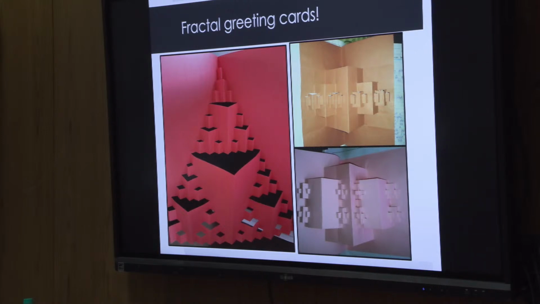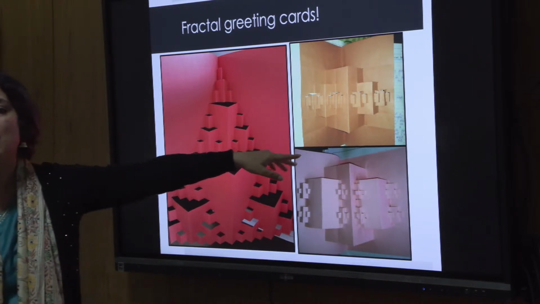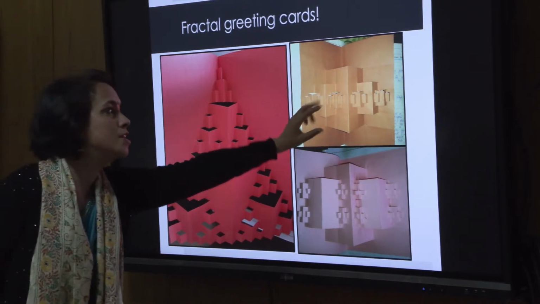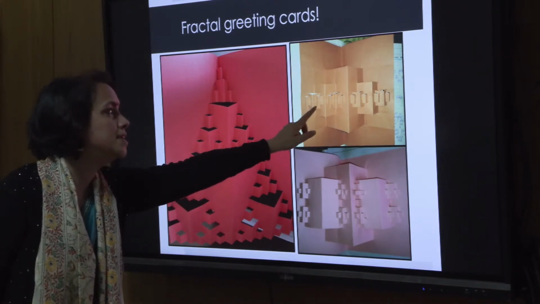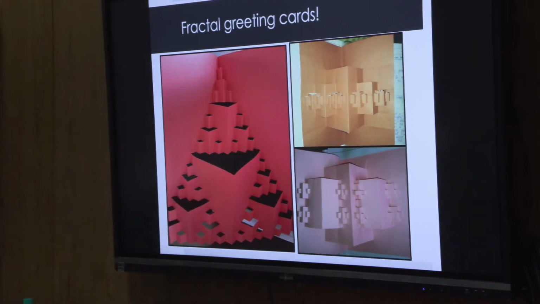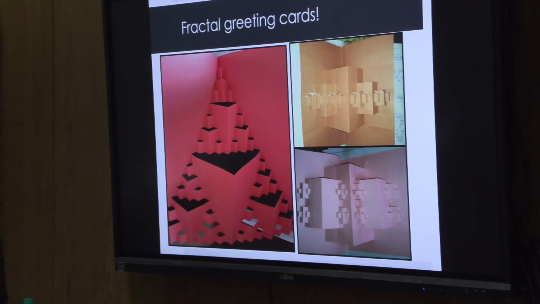Originally this card was discussed, and it has very interesting powers of two: the biggest cell is one, the next size cell is two, the next size cell is four, then 8, 16, and so on. But then one student said, I'll try a variation of this. He made this one which has a double. So a lot of interesting things can be done.